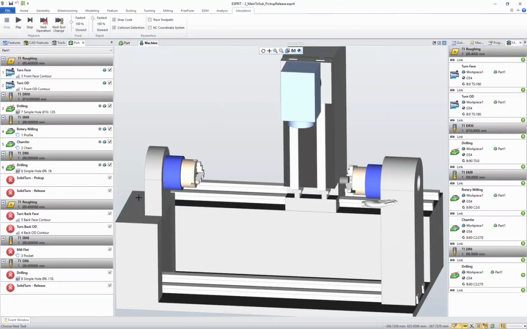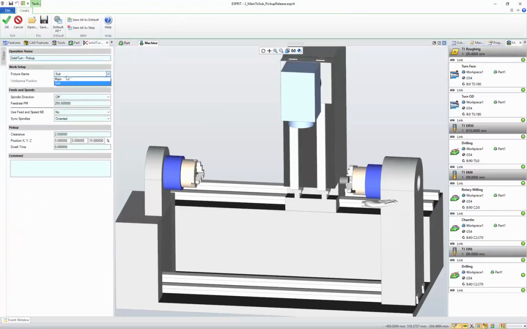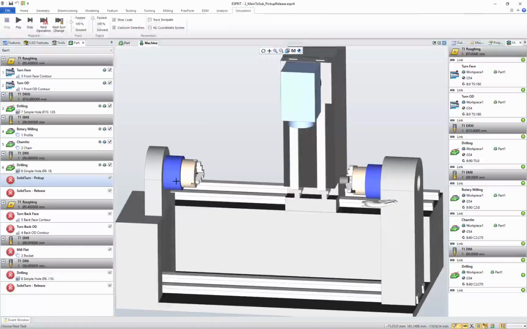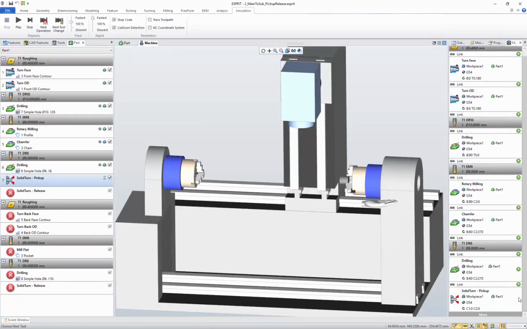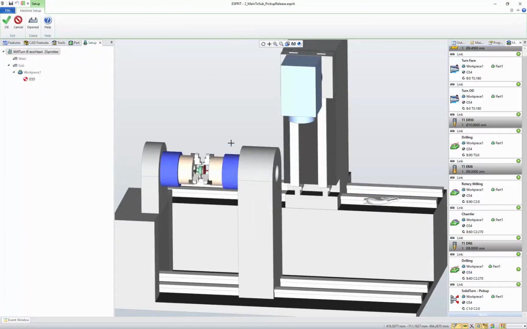Okay. I'd like to do the transfer. For the transfer, I start with the pickup, but this time the pickup will be done by the main spindle. As soon as the pickup is created, a new setup change appears. This time it's a move setup change. This move setup change corresponds to the fact that the workpiece gets moved on the machine, and therefore a new work offset is added to the setup, G55, and the setup change is automatically added to the other side of the part.